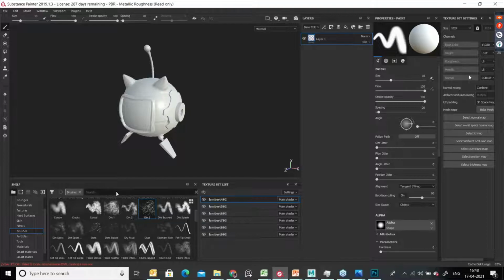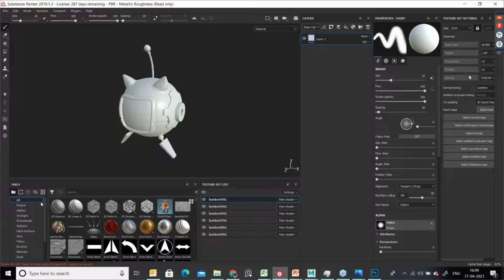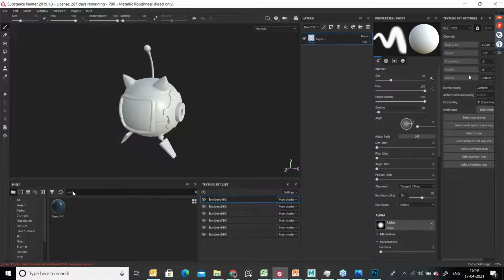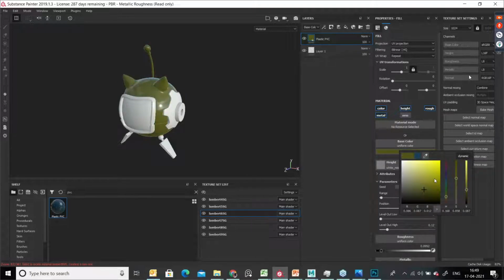It will be good. So for this, I am going to take a material like PVC. That is the material I used to take from this shelf. Just drag and drop, and immediately I should change the color over here. Instead of blue, I am going to choose yellow.